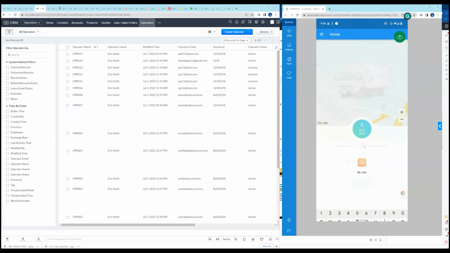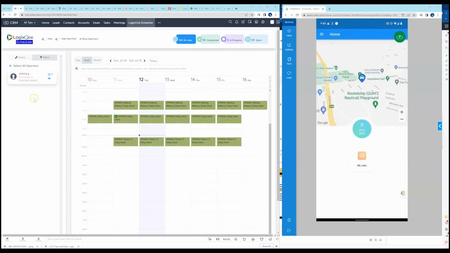Okay, and then log in. And then we'll log in. Okay, so we'll just go back into the calendar again. Okay, so just before we get to how they get their daily jobs, just look at the menu so they